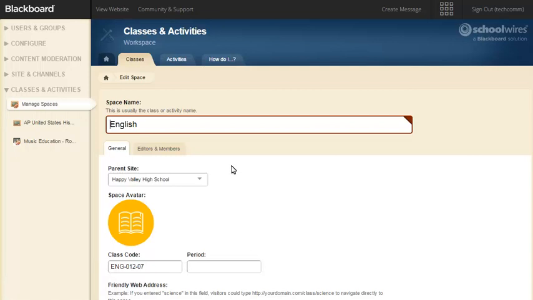As a subsite director, I'm responsible for managing spaces in the middle school and high school. As I mentioned earlier, you only see the parent site drop-down list if you manage spaces or activities in 2 or more schools. The space avatar is an image that's automatically generated based on the name entered in the space name field. Next, you can edit the class code, add a period,